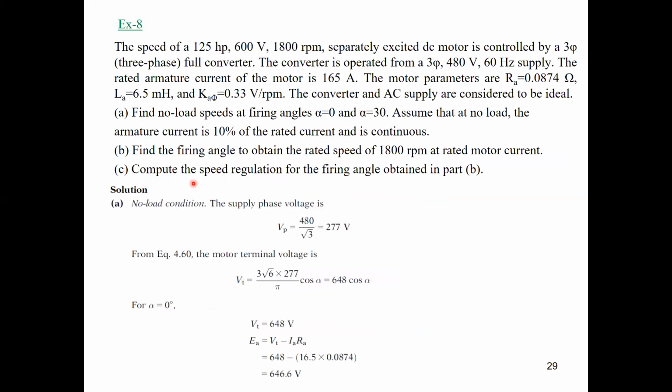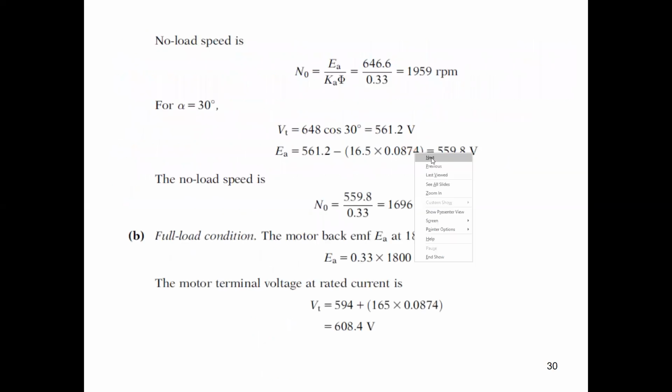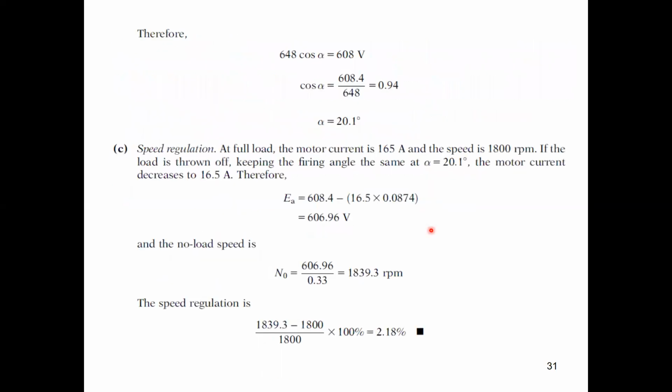Third part, compute the speed regulation for the firing angle obtained in part B. So now we get the full load speed, and we know the no load speed as well. It's required to calculate the speed regulation. You know the speed regulation is equal to speed at full load minus speed at no load, divided by